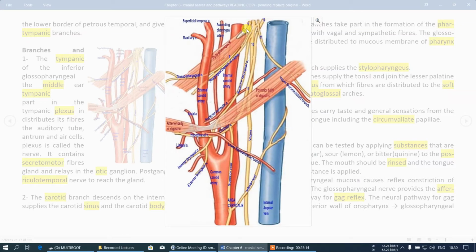So your glossopharyngeal nerve, after emerging from the inferior ganglion, is going downwards. It is turning around the styloid process and the stylopharyngeus muscle. This is your styloid process. So it goes around the styloid process. It is curving around the lower border of the stylopharyngeus muscle. Here it passes between the internal and external carotid artery, below the lower border of stylopharyngeus. Then it runs over the substance of the muscle, and then it divides in the pharynx and tongue.